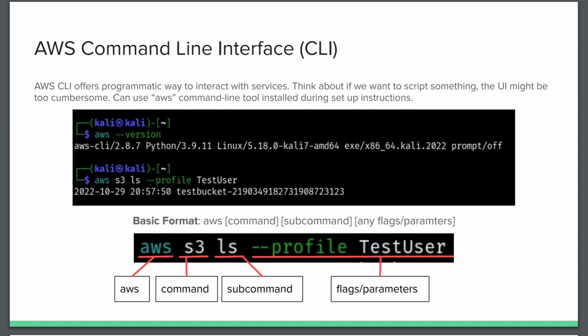Imagine if you have a website and every time a user signed in, you needed to change a DynamoDB entry, or you needed to upload something to an S3 bucket, or you needed to access some resource from somewhere. You can't have a human sitting in front of a computer just waiting for a user to sign in to then click all the buttons. That's just unrealistic, right? You need a way to call the AWS APIs so that you can script it basically, right, and make it